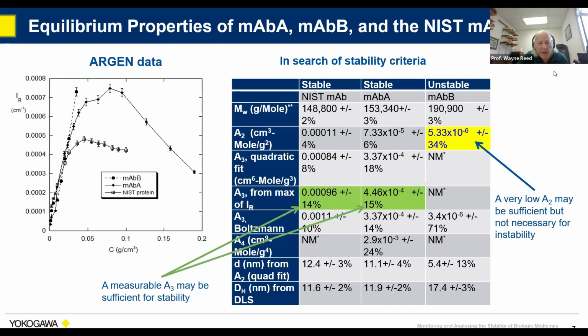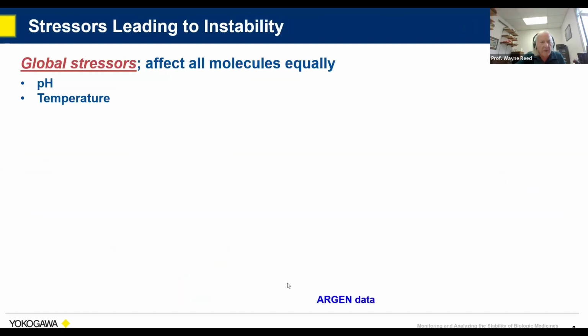But in this case, because these are about the same size, the monoclonal antibodies on the order of 150,000 grams per mole, and yet they have this huge difference in A2. So that's related to the fact that this is, let's say, a stickier kind of a monoclonal antibody. Also, you notice that the stable ones, this and this, have a maximum and then decline. So they have a measurable A3, whereas the other one, there isn't even an A3 measurable. The repulsions just aren't strong enough. So I'll leave it there. There's some other features we could look at, but rather move on.